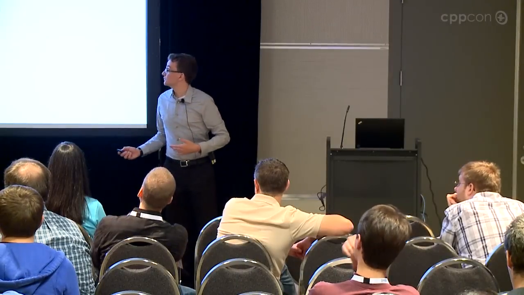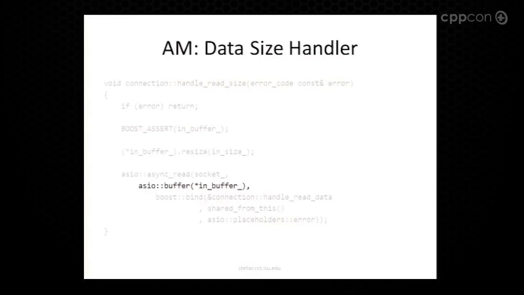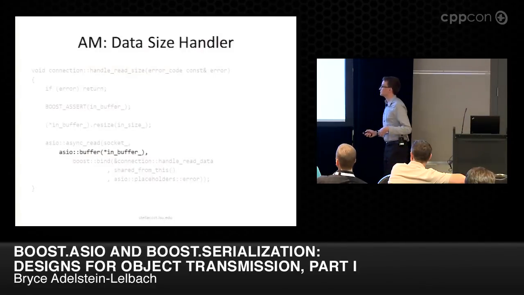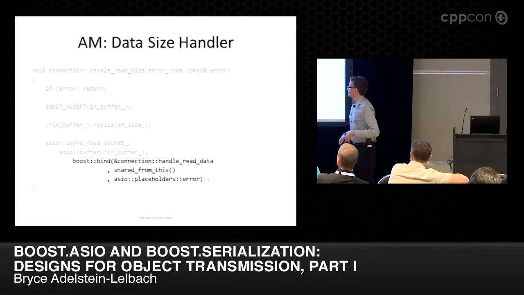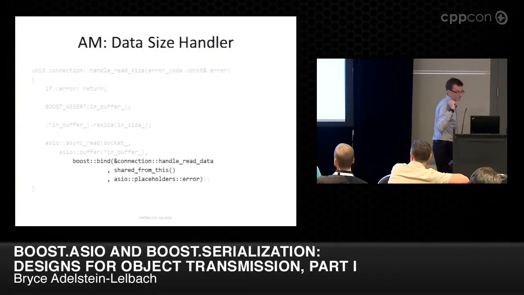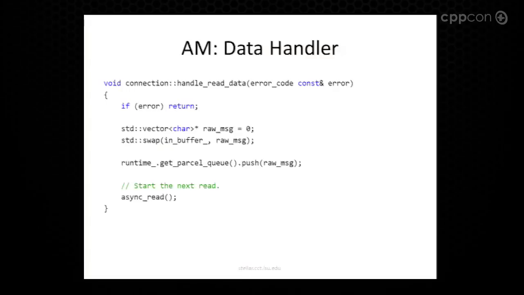You know how much data you need to read. So now that we know how much data we need to read, we can go ahead and start reading it. Here, this is a shorthand: if you pass a vector into a buffer, a vector is an address and a size, so it can figure that out. It's smart, so that'll create your buffer. Then we do the same thing with boost bind, again passing the buck, passing the shared pointer. And now we're going to do the actual read of the data.